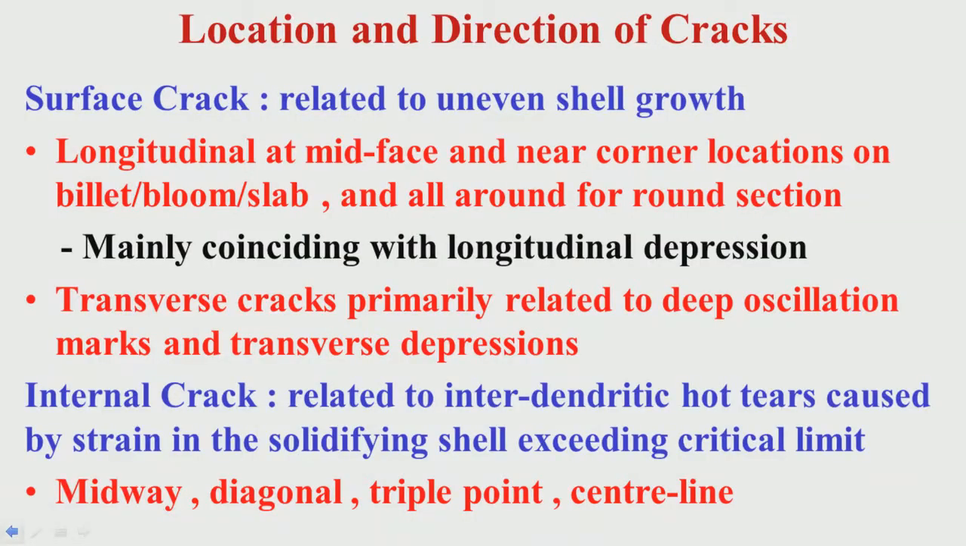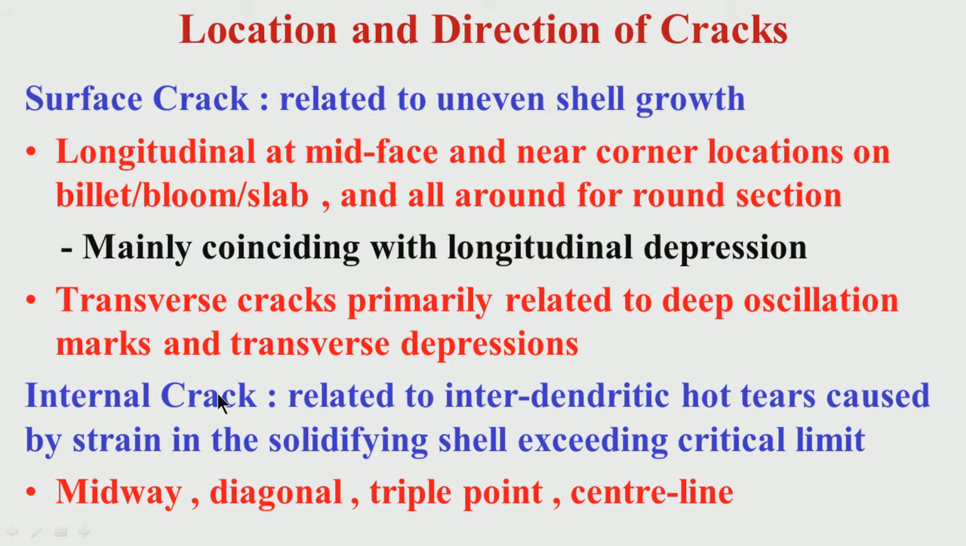Good morning. In the last session I talked about the location and direction of cracks in different cast products, whether it is billet or bloom, round or slab. What are the locations and the directions? So I talked about two broad areas. One is the surface crack, which is visible on the surface of the cast product, whether it is billet, bloom or slab or rounds. Another is the internal crack, which normally you cannot see unless you take a sectional view